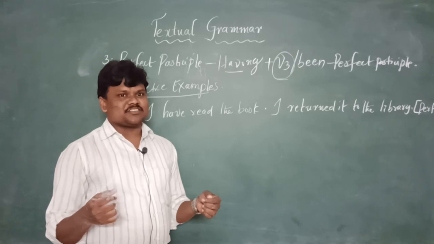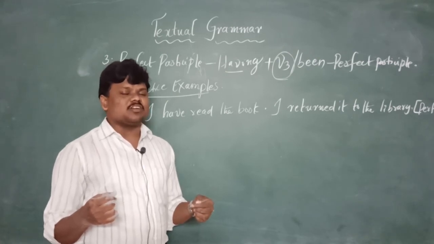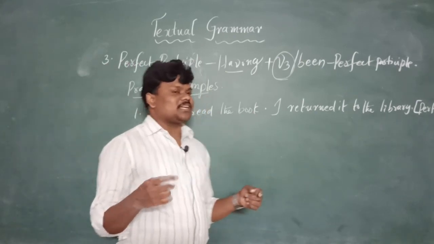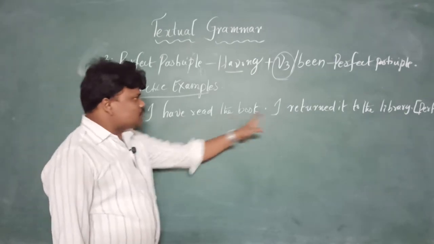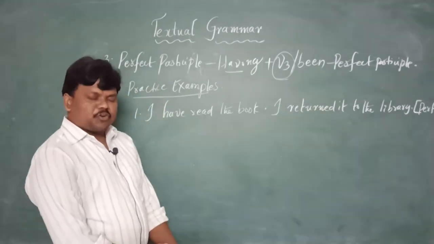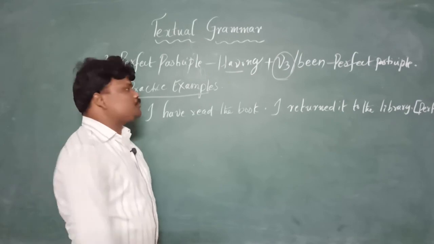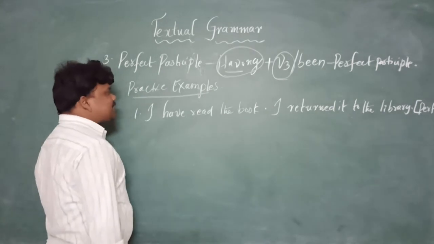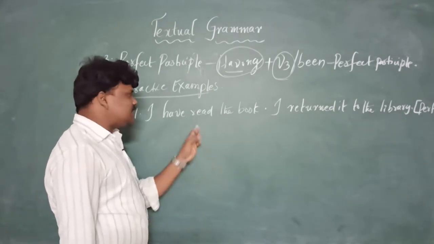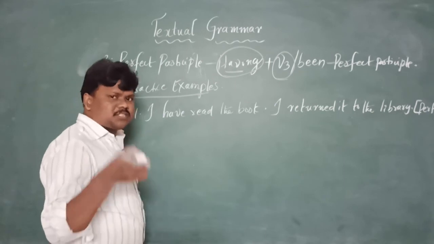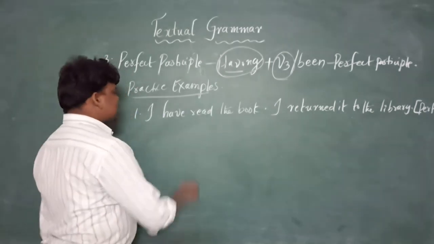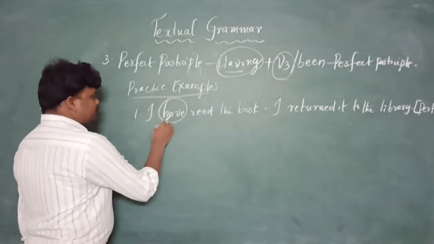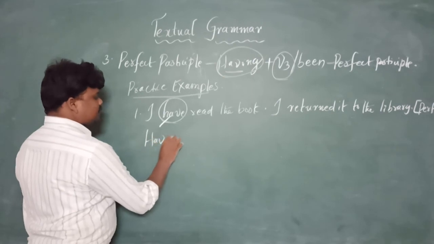Before going to learn grammar, you should learn all these structures like chanting, like mantras. We need to combine the two sentences with perfect participle. What is perfect participle? Having is nothing but a perfect participle. Try to identify where is have, has, had in the given first sentence. So convert this have into having.